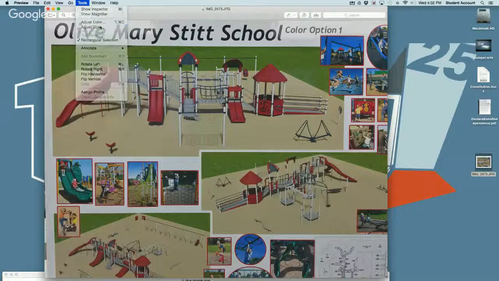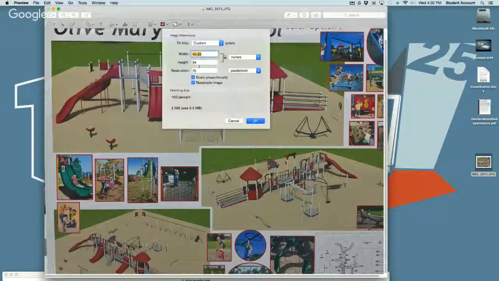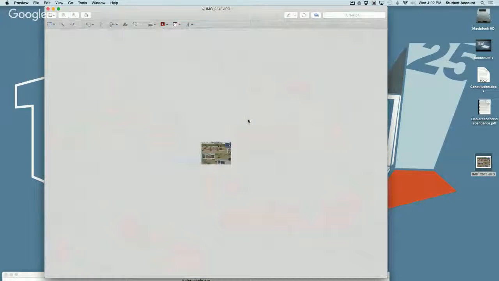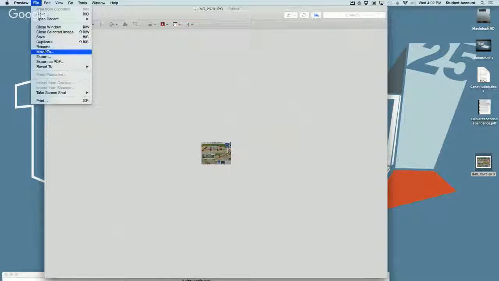So in Preview, you can go to Adjust Size. Here you can see that this photo right now is at 45 by 34 inches, which obviously is very large, way unnecessary for a blog post. You can go in and just change it to a 4 by 3 picture. You click OK. This is zoomed out, but it's now that 4 by 3 that you may want, and then you can go ahead and save that or export it out as a different format. Use that one for your blog post, and that problem is solved.